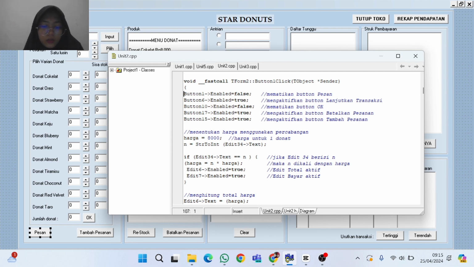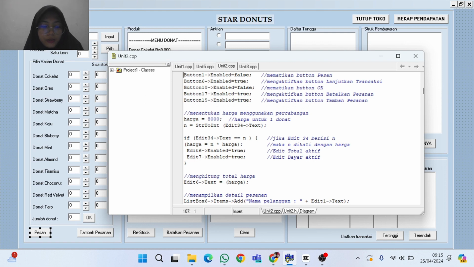The OK button will turn off. The cancel order button will also be turned on. And the add order button is also turned on because the customer can add or cancel orders.